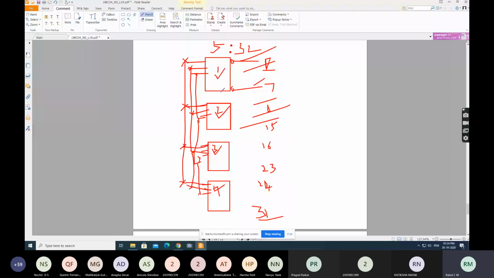You understand? Yes or no? How many ICs are there? 4 ICs. So how many control lines do I need to select 4 ICs? 2. So what should I use? Is it not ringing a bell that I should use something here? An enable pin.